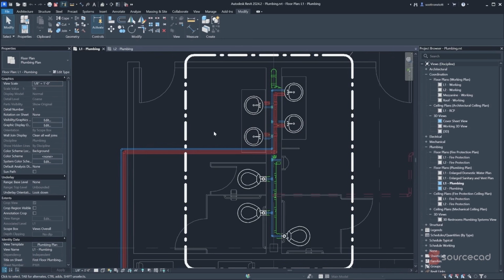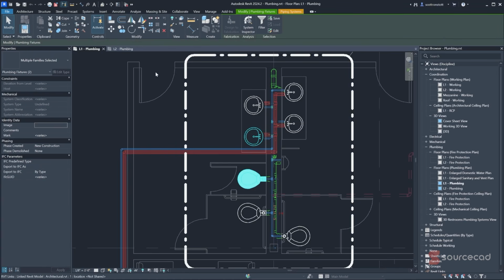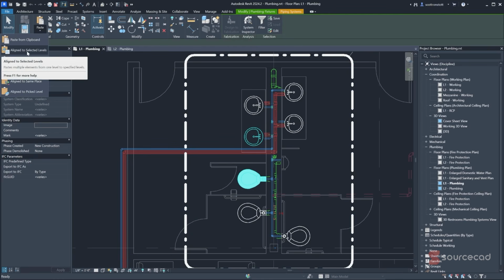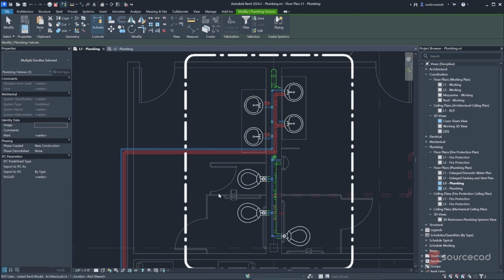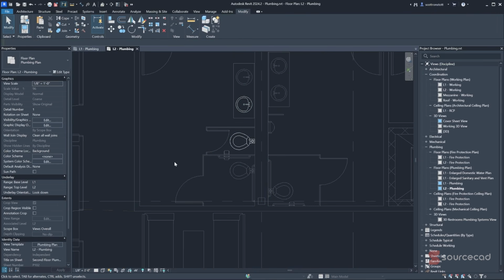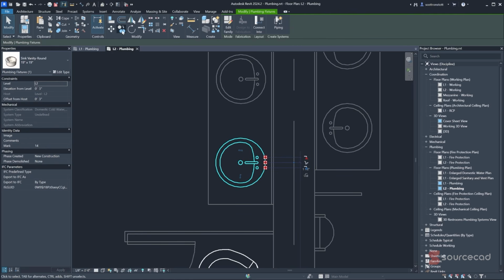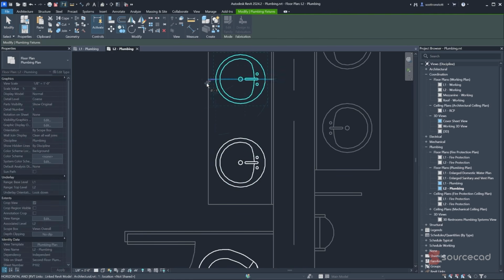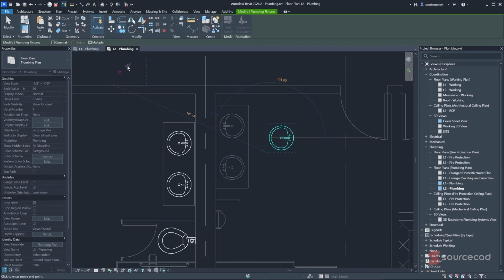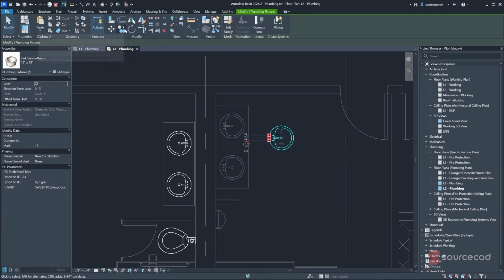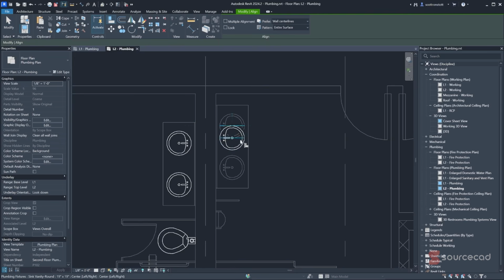on top of those. So to save time, because these are, after all, identical restrooms, we can select a couple of these fixtures here and copy them to the clipboard, and then choose Paste Aligned to Selected Levels and choose Level 2. So those get copied up to Level 2, just like that. And now I can select this particular sink and copy it up above. I'll make another copy over here and rotate this 180 and align it in both directions and copy that down